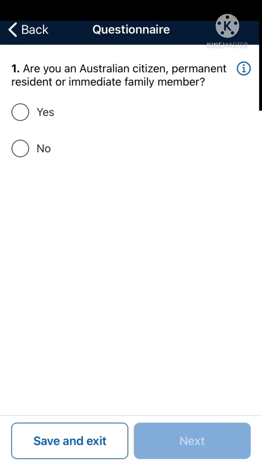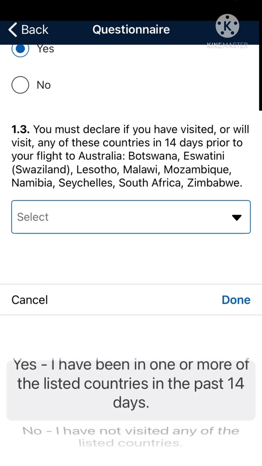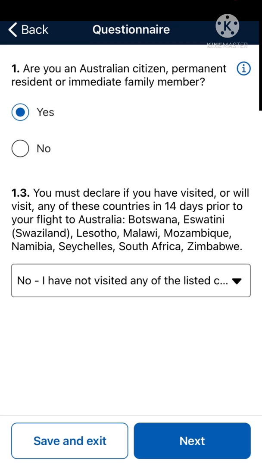And this question is, are you an Australian citizen, permanent resident, or immediate family member? So select yes or no. And if you did select yes, question 1.3 is you must declare if you have visited or will visit any of these countries in 14 days prior to your flight to Australia. So have a read of those countries. In my case, I will select no, I have not visited any of the listed countries, and then go ahead